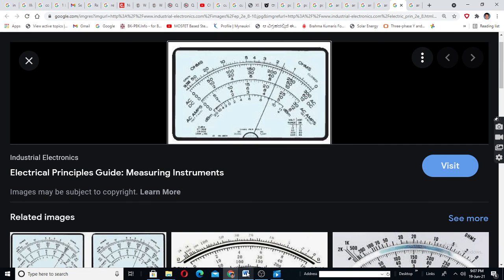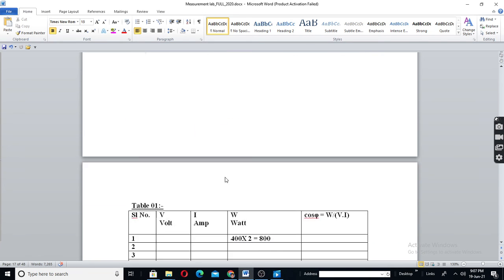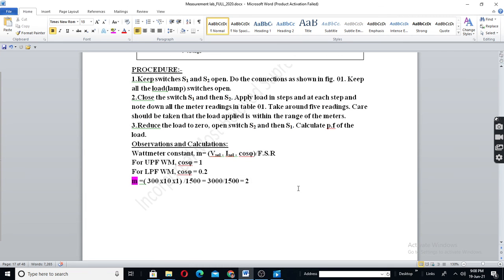Anyhow, so that is why there is a wattmeter multiplier. If it is a little bit difficult for you at present, okay, don't bother now. Let us see in the class, whenever you come there, fine.